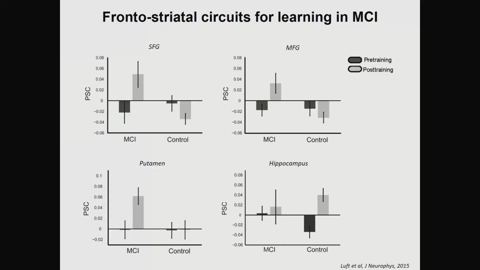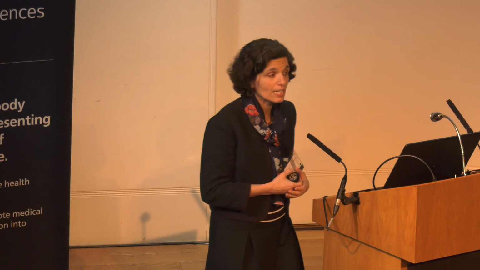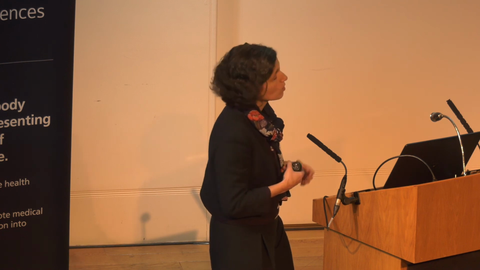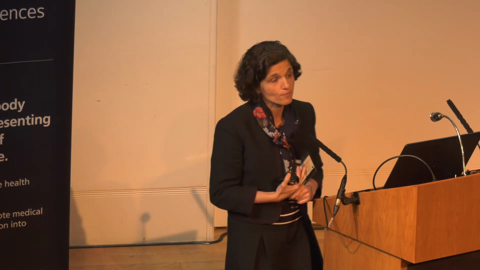And what we see interesting from their brain imaging analysis is that they use frontal striatal circuits rather than hippocampal circuits, which we see more in control, healthy control individuals, suggesting potentially that when one route in the brain is dysfunctioning, the other route can potentially take over with obviously great potential for rehabilitation.